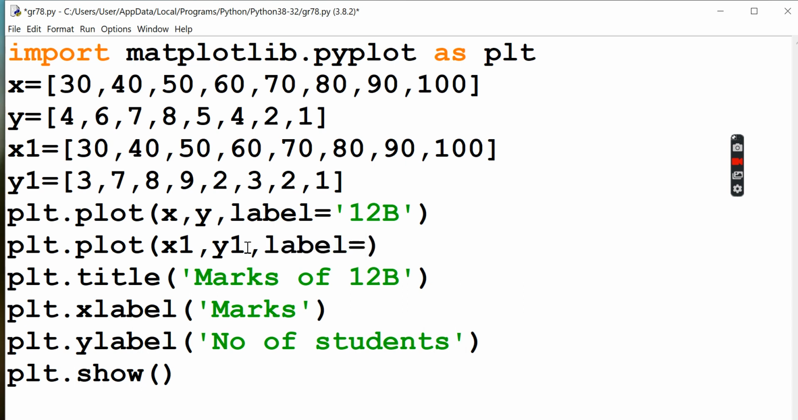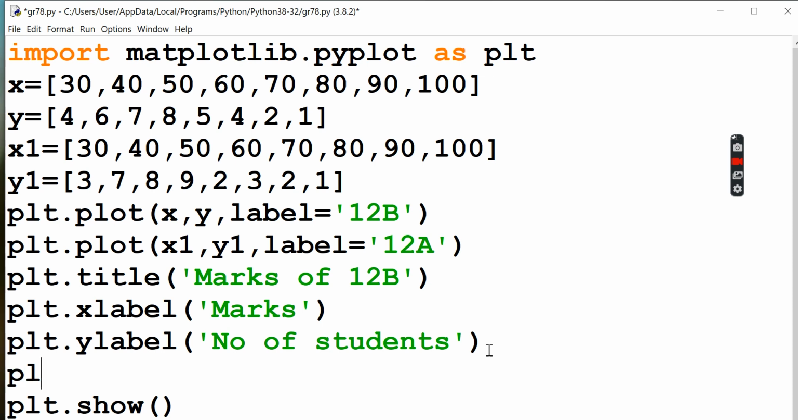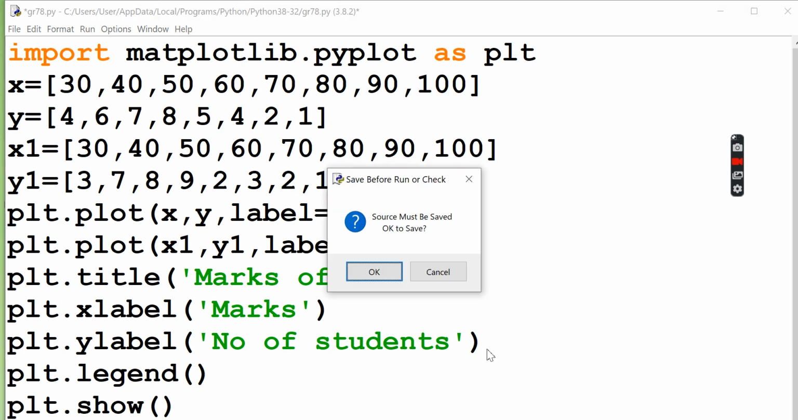These are all optional, but I'm just going to say it's a differentiation of 2 lines. It should be needed, 12A. Okay, and then we have to show the legend also. So the legend will be involved in this graph. Now plt.show. If you run this one,